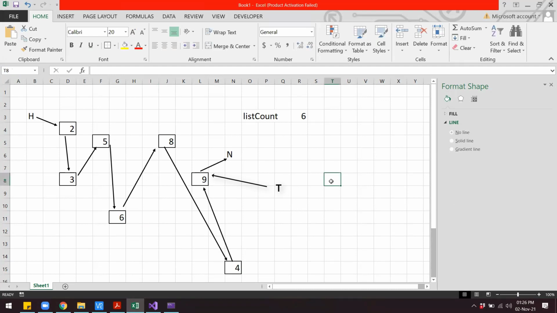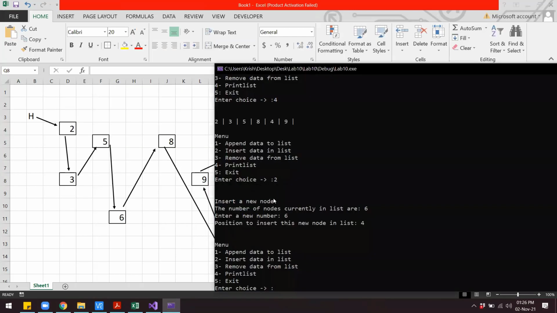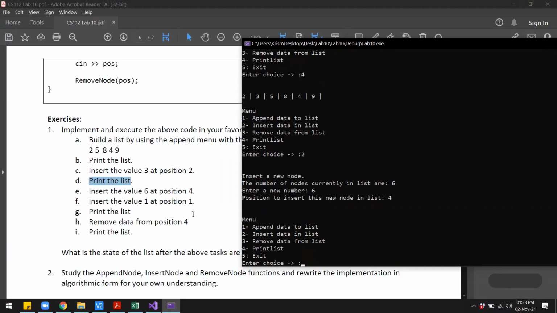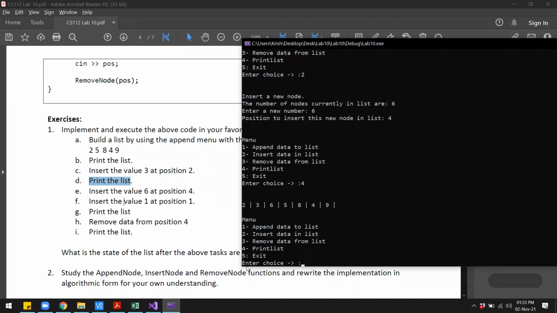Okay, so this is how the list looks now. And the list count is now 7. 1, 2, 3, 4, 5, 6, 7. And you will see that we have inserted the number 6 at position number 4. So now when I print the list, we get this particular sequence. So we have 2, 3, 6, 5, 8, 4, 9.